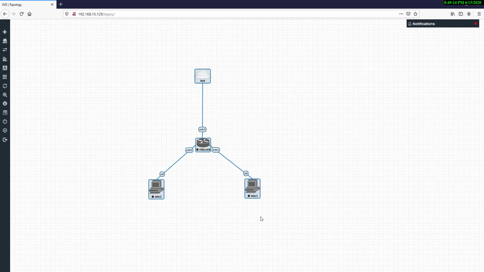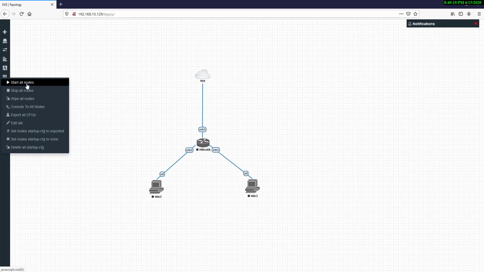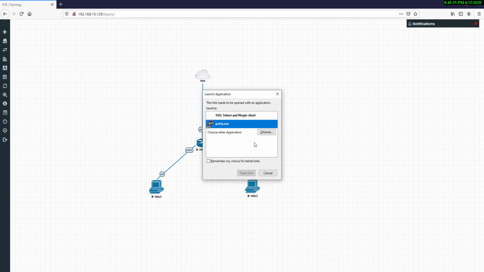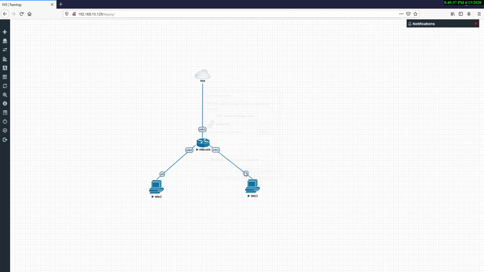This is the complete diagram. Now we need to turn on our devices. I'm going to start all my nodes. Nodes means all my devices. It is starting slowly. After starting, let me show you whether it is on completely or not. If I click on my MikroTik, I can open it in PuTTY.